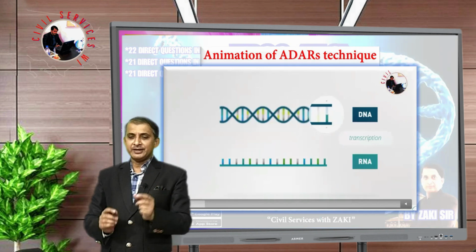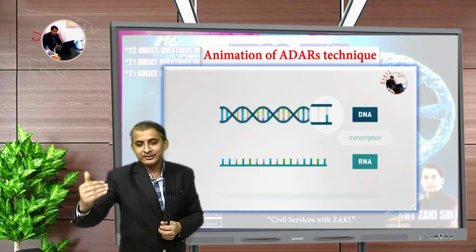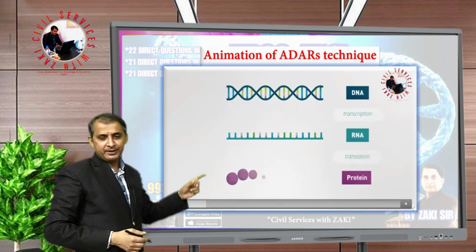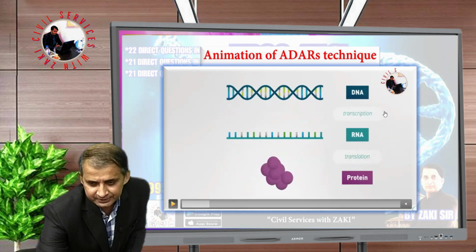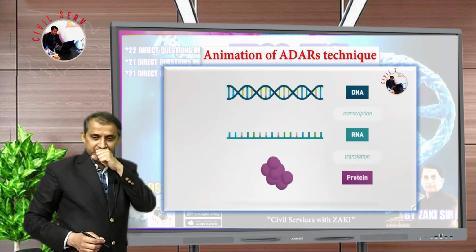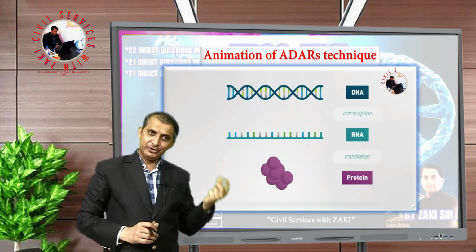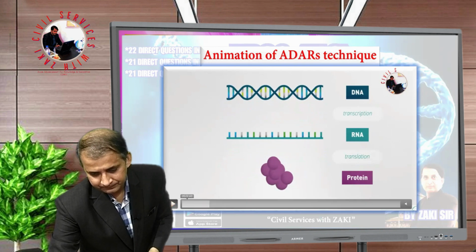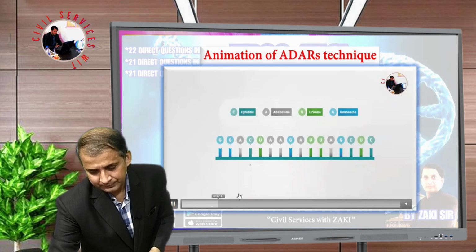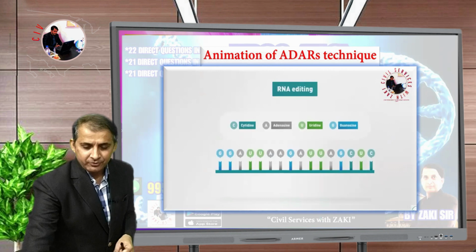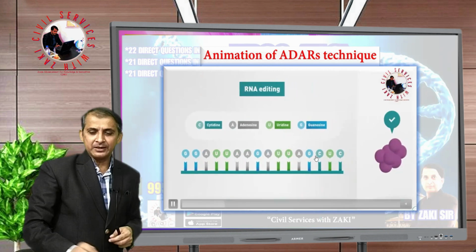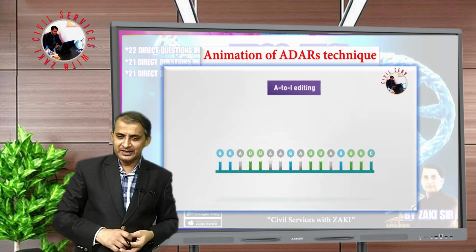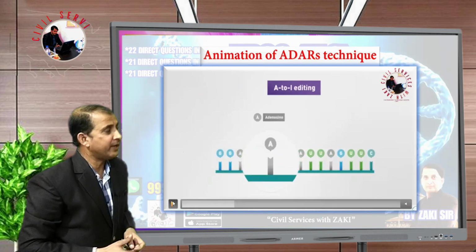So first, as we know, the DNA is transcribed into RNA, and finally RNA is translated into amino acids and proteins. So see here, DNA, RNA and protein. DNA transcription to the RNA, and RNA finally translation to form protein. Basically this type of gene editing is called A to I gene editing mostly, and it is translated into the desired protein. So basically it is the A to I editing,